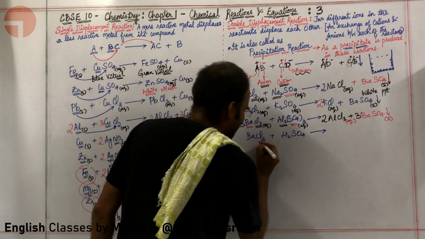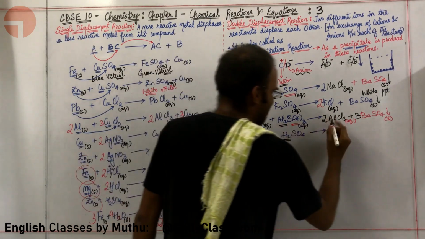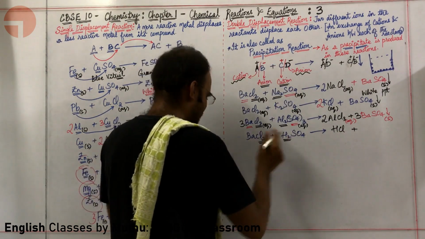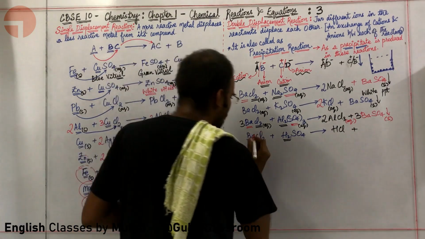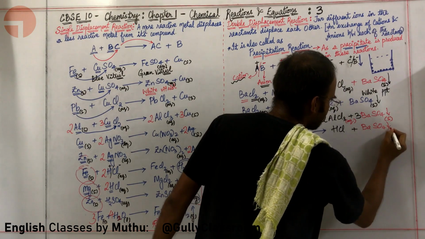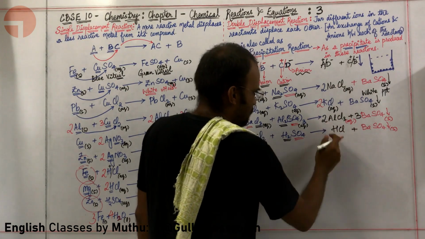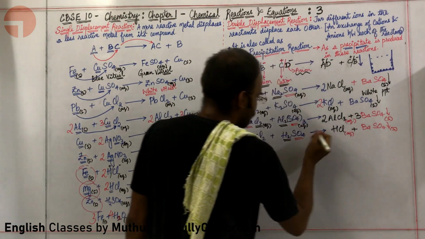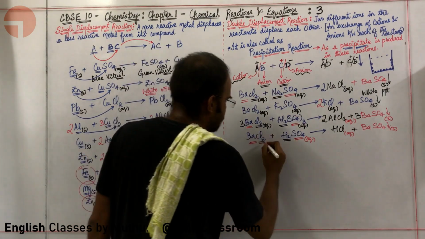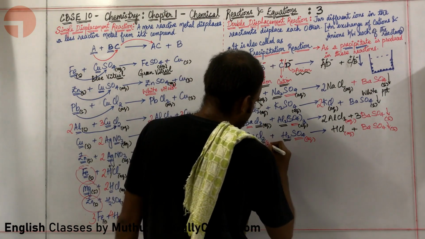How, sir? Here there is chlorine. Here there is hydrogen. These two will combine with each other and form HCl. Yeah? Okay, sir. Here there is Ba. Here there is SO4. And those two will once more combine with each other to form BaSO4. Once more, BaSO4 is a solid. Why is it a solid? Because it is basically a precipitate. HCl has to be in aqueous form to react. H2SO4, once more, is an acid. It needs to be in aqueous form in order to react. BaSO4. Okay. Here, you can have it in aqueous form.